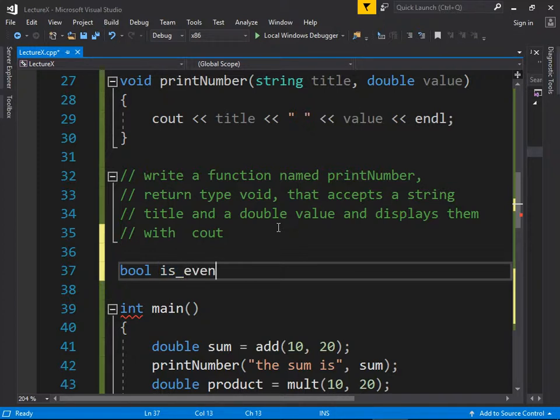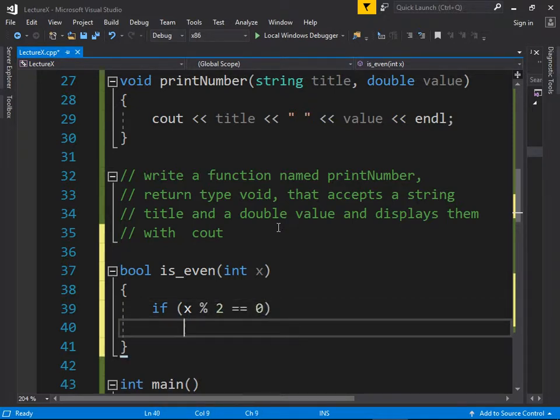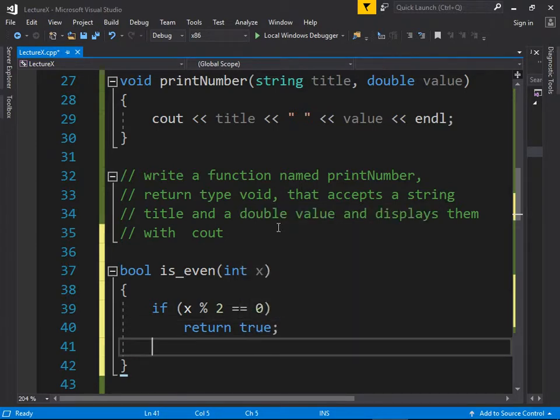Bool isEven. Alrighty, here we go. It's going to take an integer, int x, and we're going to figure out whether x is even or not by doing modulus 2, just like we did in that other sample code. And there's all sorts of ways you can code things. There's always more than one way. So if x modulus 2 equals 0, it's even. Return true. Else,